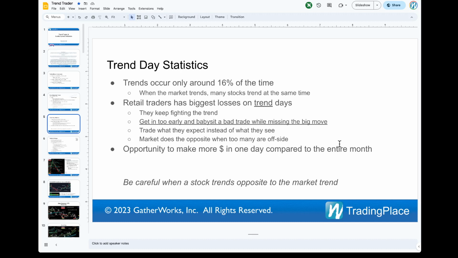The other thing you have to remember is if you get into a bad trade, let's say everyone says Meta is going to do this or that, you get in it, what happens? You're babysitting that trade. Now you miss all the other good trades. It's like you're dating this girl and then Miss Perfect comes along, but too bad because you're already in a relationship. So don't get into a relationship on a trade. Wait for that A plus setup. That's so important. Don't rush into trades. Wait for a good setup, and you're going to do much better. Take fewer trades.